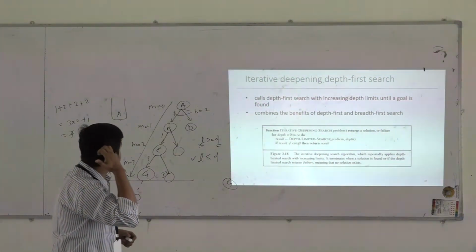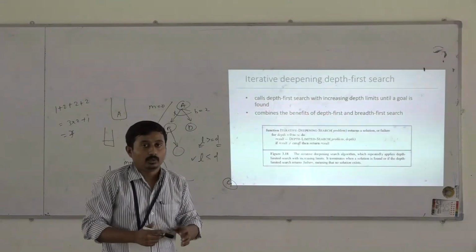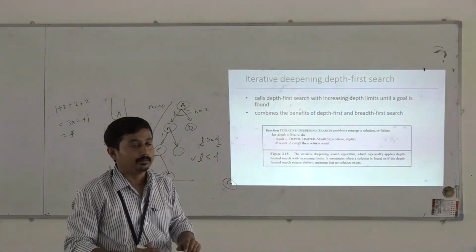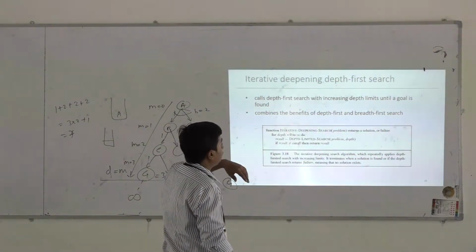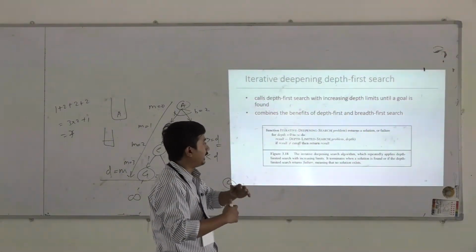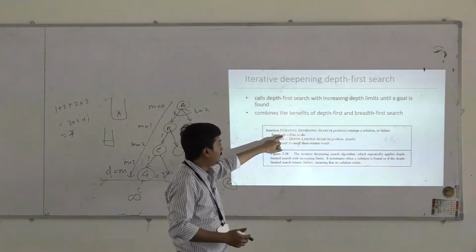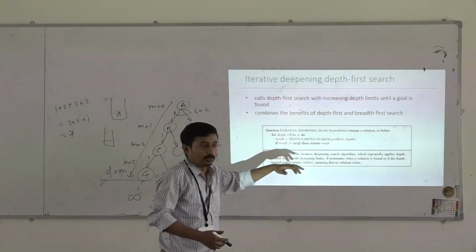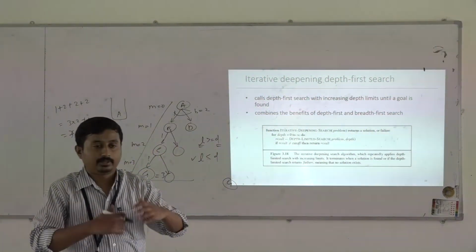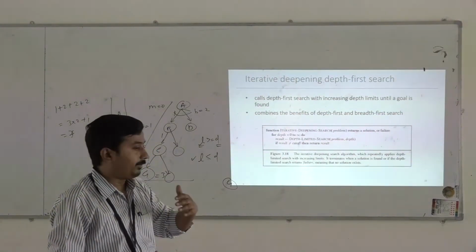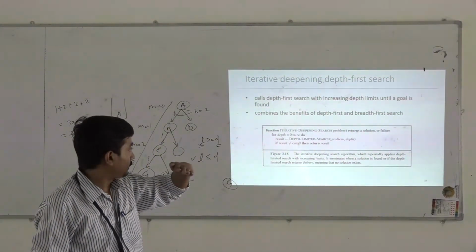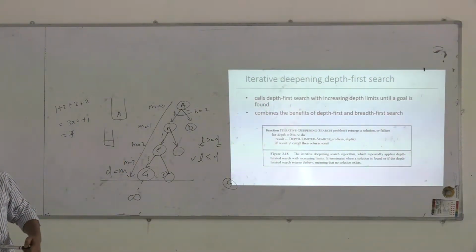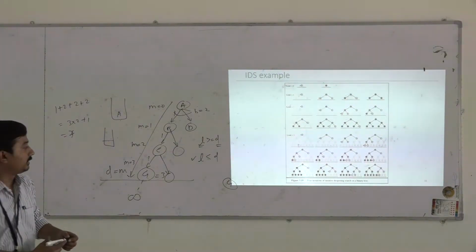Next one is iterative deepening depth first search. Now, what is the drawback of DLS? You have to decide the value of L. So in iterative deepening search, we iteratively increase the value of L. It will start with depth equal to 0 and go till infinity. So at a particular moment, after different levels, we will definitely reach depth equal to D. So we will guarantee completeness. This is the working.